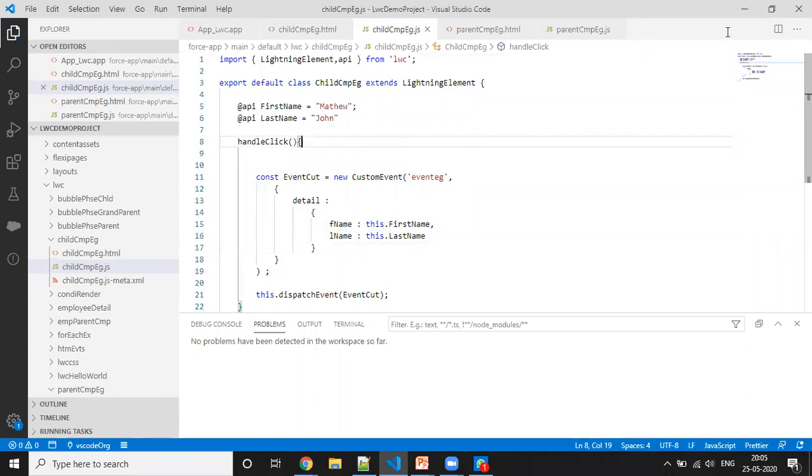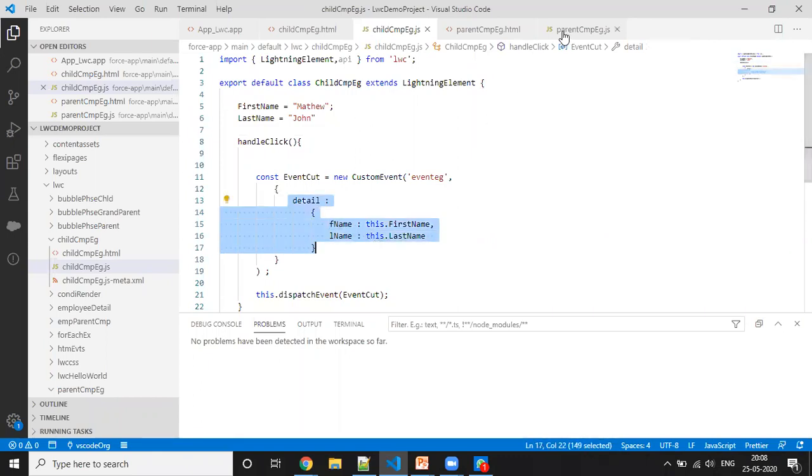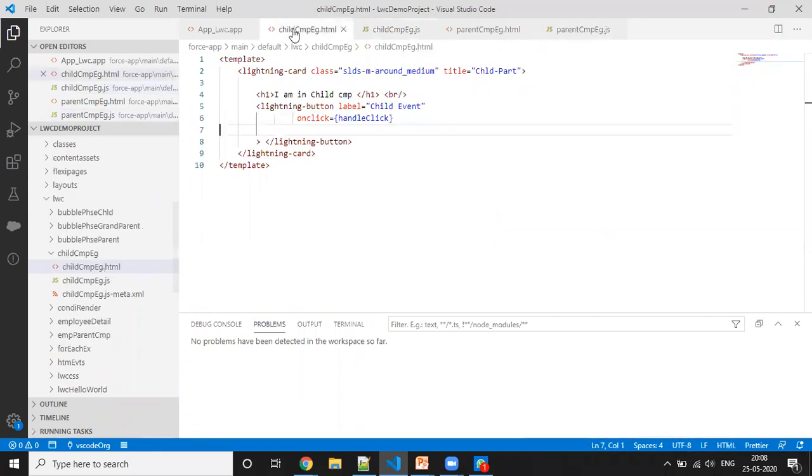So hope we all understood. If it is non-API also, and we are just passing from here itself, we access this value from the detail, so it will be visible here. Okay, I think we are all done.